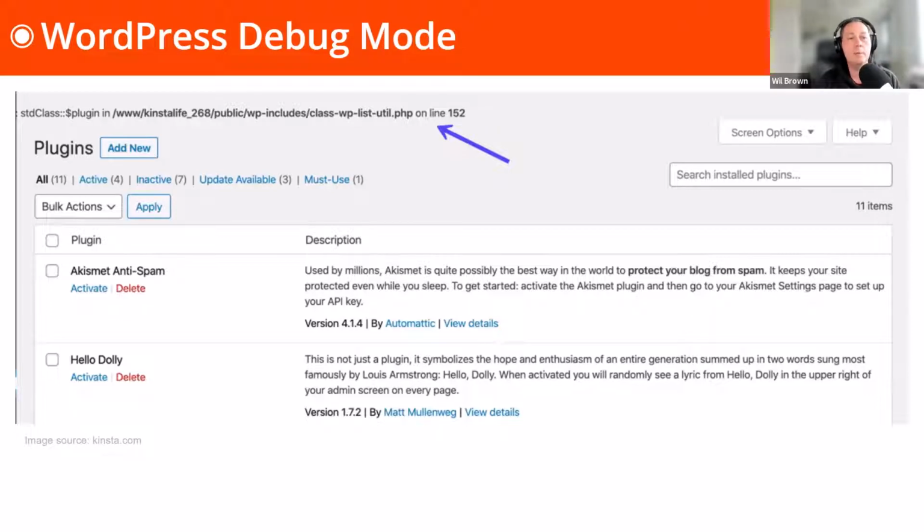So this is an example. This is a screenshot, image sourced from Kinsta. They wrote an article on debugging as well, so I'll give them credit. It just shows you exactly what happens when you turn debugging on and there are errors. You start to see at the very top of the website, this is in the back end, but this also happens in the front end, all these warnings starting to display. And that's not great. If you've got lots of people visiting your website, you don't want them to see errors